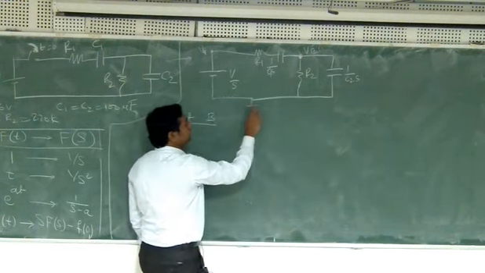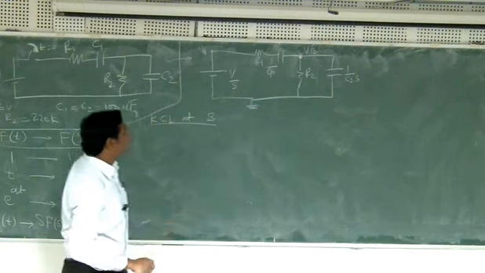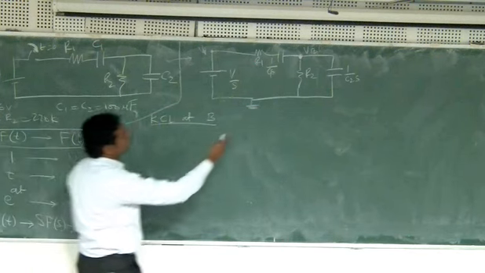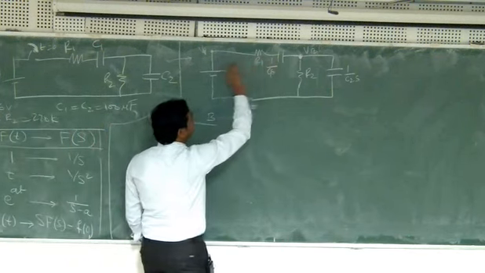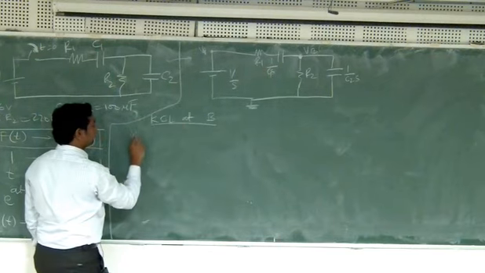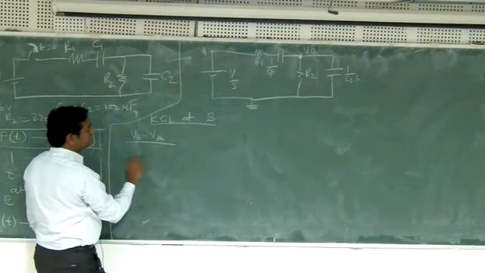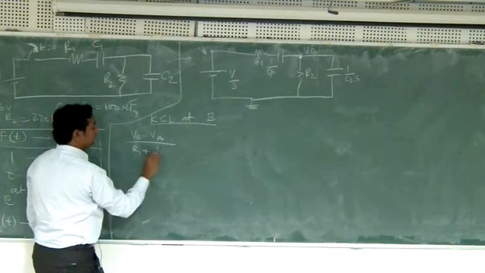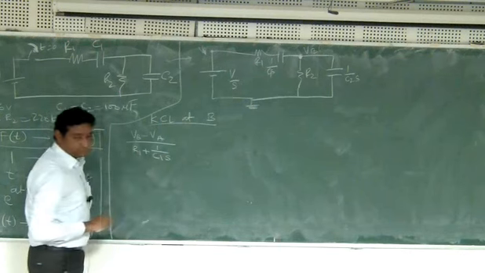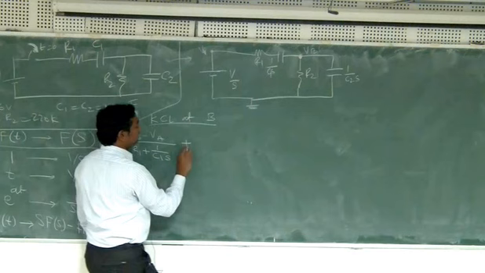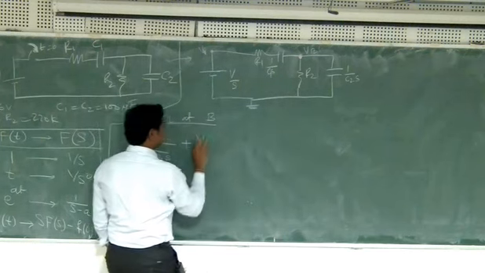So this one you can consider as grounded. Okay. So what is the current in this branch? Current in this branch will be VB minus VA divided by the impedance of that branch, that is R1 plus 1 by C1S. Okay. Plus what is current in this branch? VB by R2